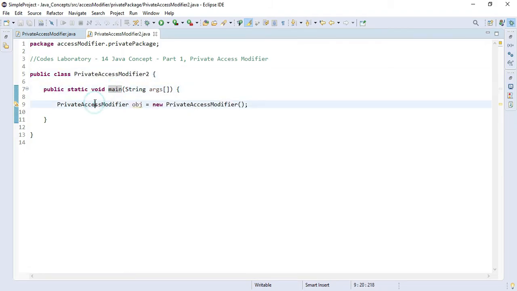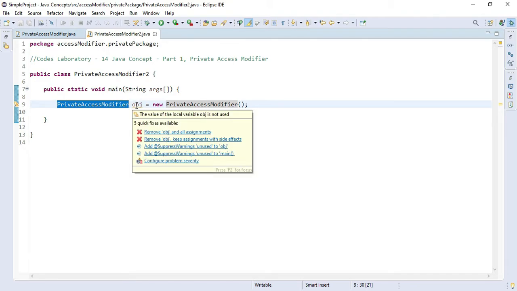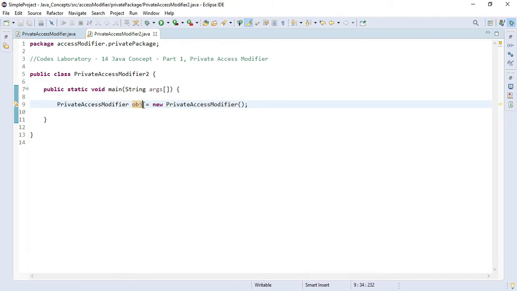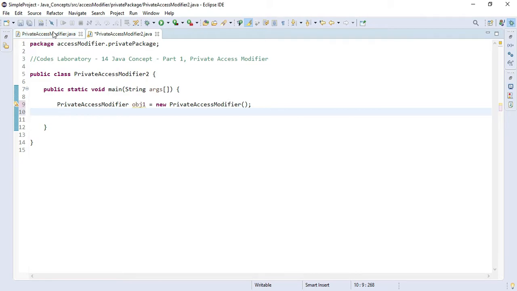As you know how to call an instance variable, I have created the object of our private access modifier class and named it obj1. In this way we have successfully created the object of our private access modifier class in the modifier 2 class. Now let's try to access our method and variable with the help of this object.